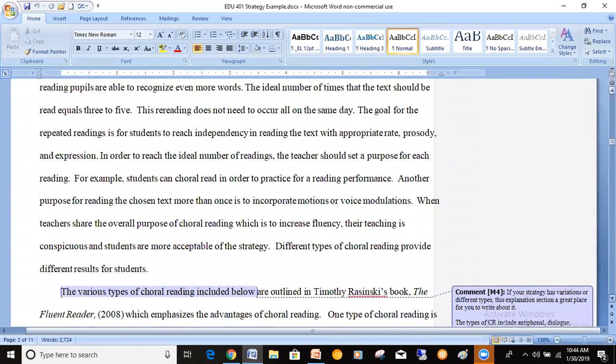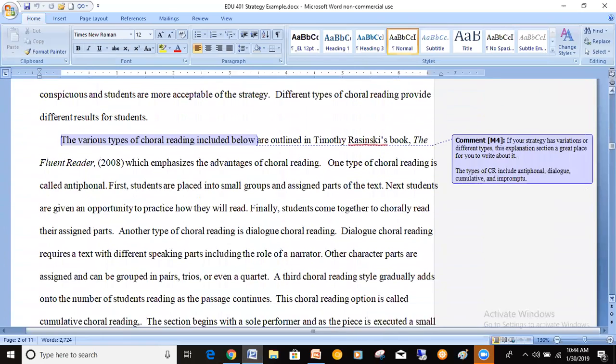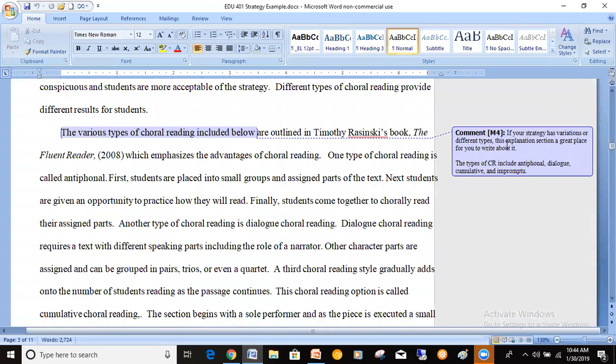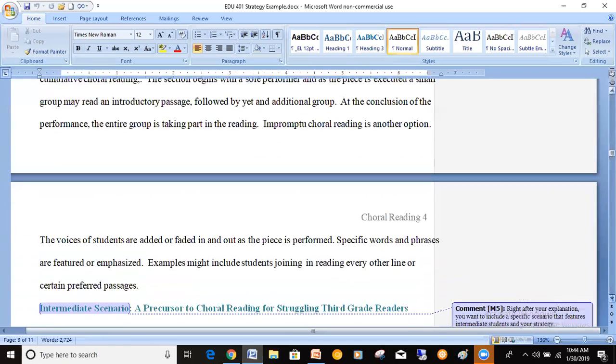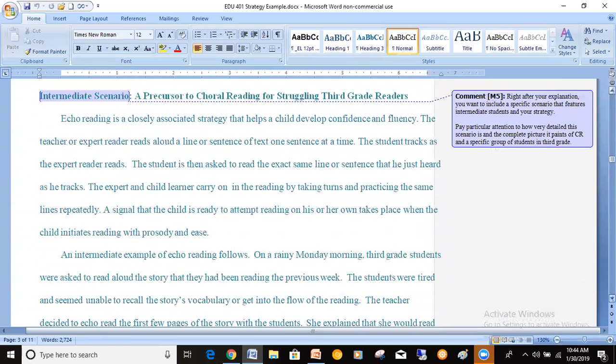Anything else in this section? I also go over the different types of choral reading. If your strategy has variations or different types, you can include that in this section. The types of choral reading are antiphonal, dialogue, cumulative, and impromptu. And then also in this section,